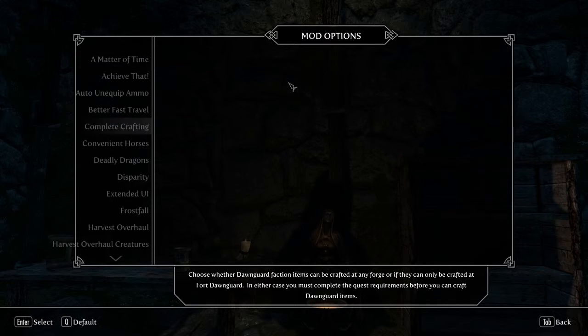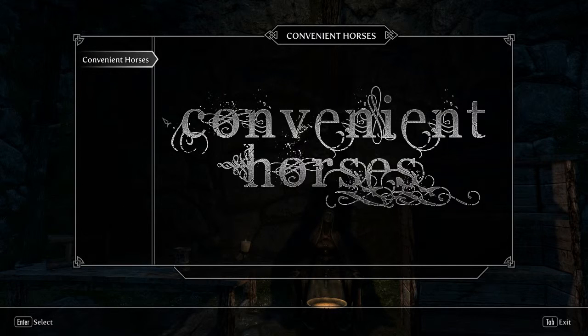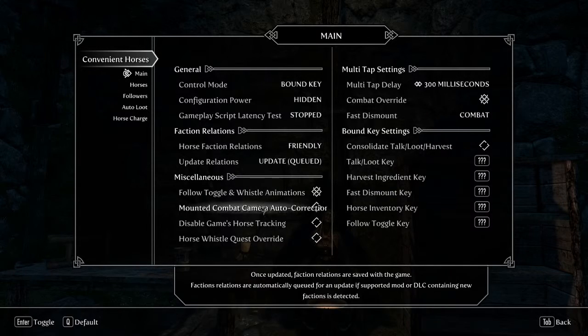Okay, so that's that for complete crafting. Convenient horses, that's another one of those mods that you just configure yourself. I mean, there may be a few things in here that one would change. Like, one thing I am going to change is make sure my horse is